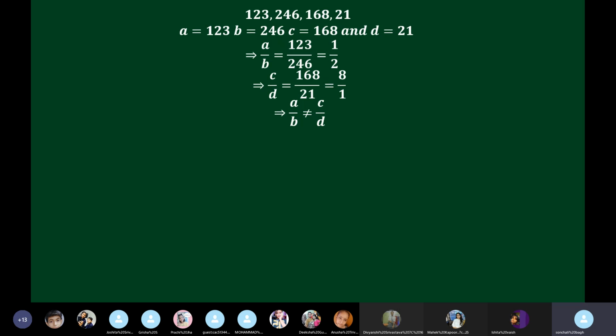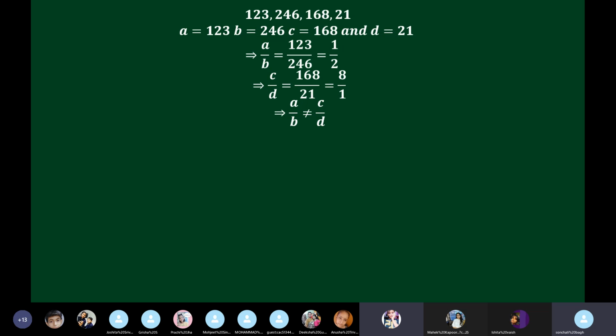You have reached the lowest value, right? 1 into 1 and 2 into 8, will it be 16? Multiply A with D, and B with C. Are they coming equal? No, ma'am. So that means the formula we studied in the previous slide, product of extremes is equal to product of means, when will it be valid, when is it possible? Tell me quickly. Ma'am, when A is to B is equal to C is to D.